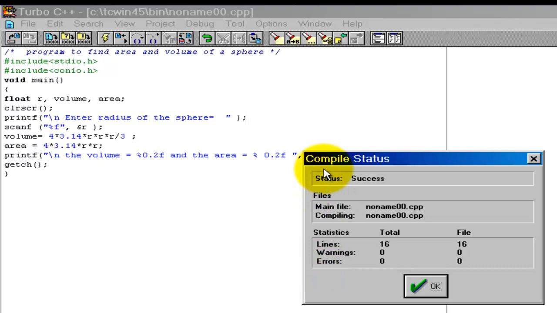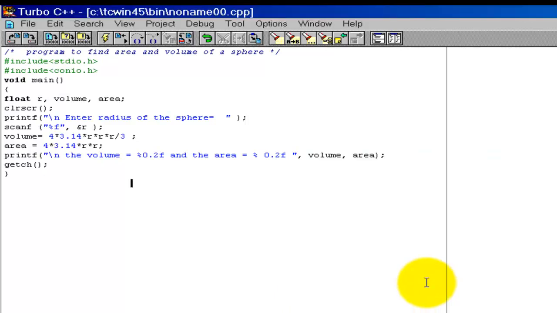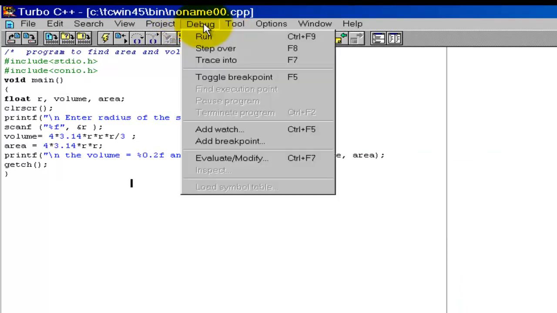Here compile status: total errors 0. If there is any error, we correct this program again, then compile and run again. Now our compile status is 0. Click on OK. Next, click on debug. Click on run.